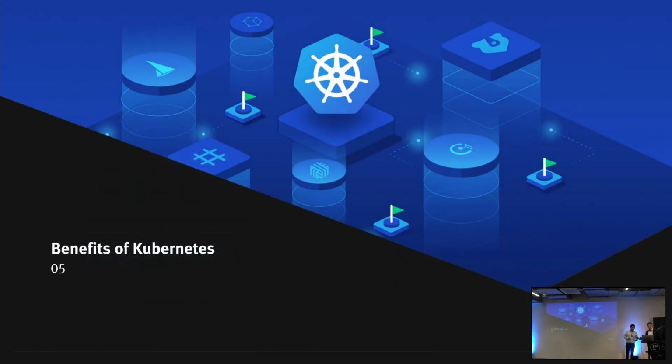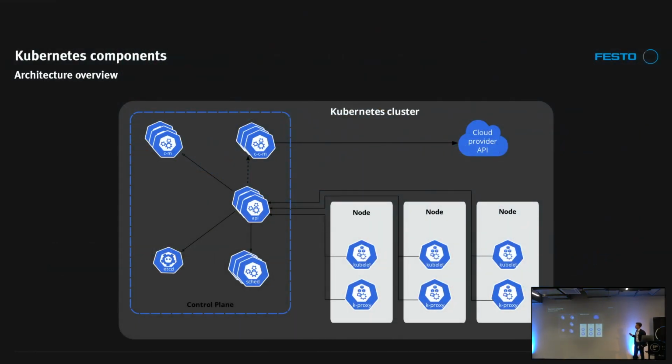Perfect. Now I want to start with the benefits of Kubernetes. What are the benefits this service orchestration platform is offering to you? But first of all, before I come to detail, I want to give you a basic overview of the architecture of Kubernetes. On the left-hand side, we have the control plane, which is also called master nodes. On the right-hand side, we have worker nodes, and there are different components located. On the worker nodes, your workloads will also be executed, which are called pods in Kubernetes. One pod could be one container, but of course one pod can also contain multiple containers.